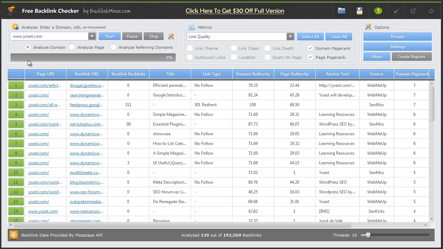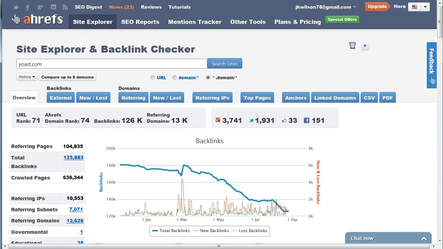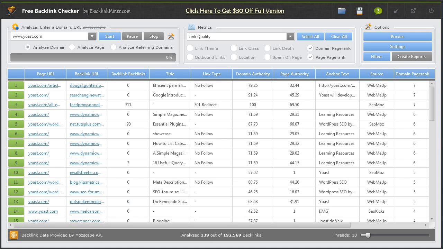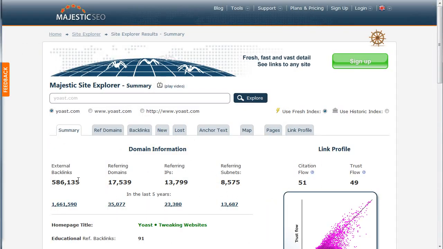Let me just pull up some results here and show you. Here's Ahrefs.com, a very good, well-respected paid backlink research tool. They have 125,883 backlinks for Yoast.com. So Free Backlink Checker pulled in probably close to 70,000 or so more backlinks than Ahrefs.com. And of course, if we want to compare it to MajesticSEO, the granddaddy of all backlink research tools,